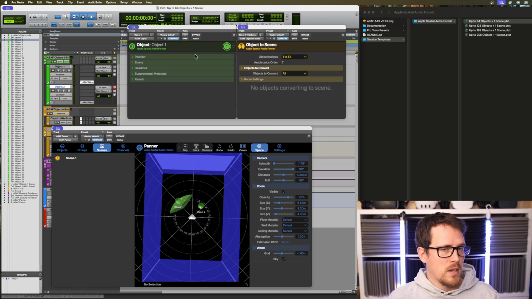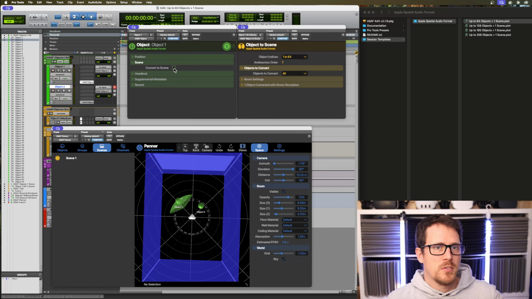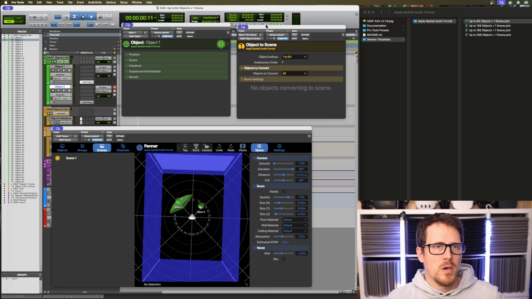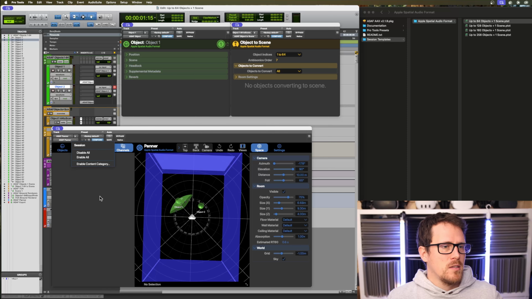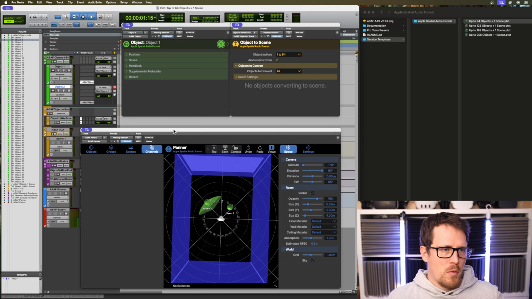Scene is something that's kind of new with Apple Spatial Audio. They combine scenes and objects, but how they work together, if they can be combined, you can see you can convert objects to scenes and then something happens. I'm not too deep into that right now, so bear with me, but I will definitely have a look and see what the differences are to, for example, Dolby Atmos, where you have objects in the bed. Is it a bed? Is it something else? We will find out. Then you do have channels, and we will also get to that probably later.